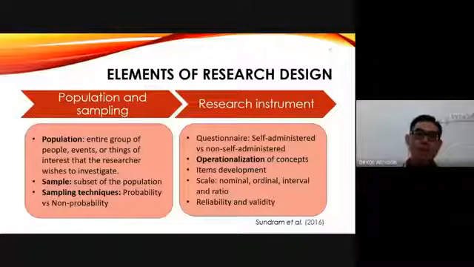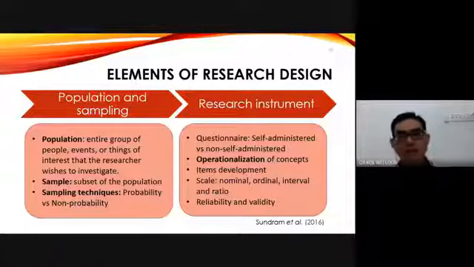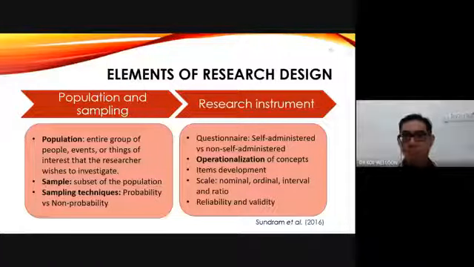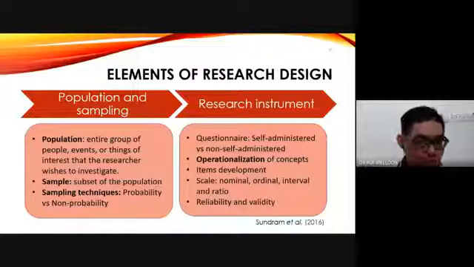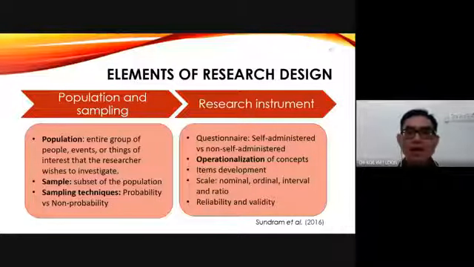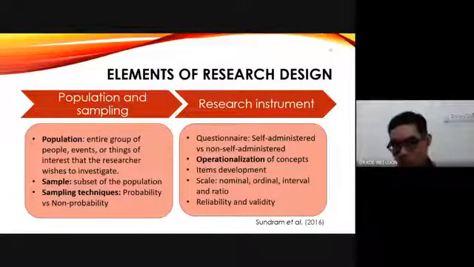Another example, my student who is doing SME performance, her population is SME. But do you know that we have hundreds of thousands of SMEs in Malaysia? So you cannot just say my population is SME. You have to define it well, define it properly. Who are those SMEs? So my student defined her population as SME